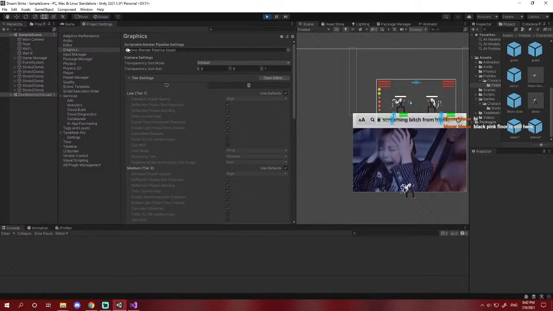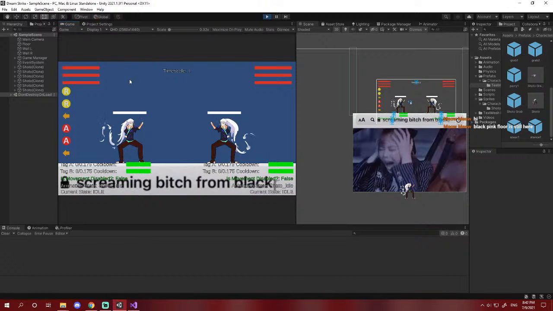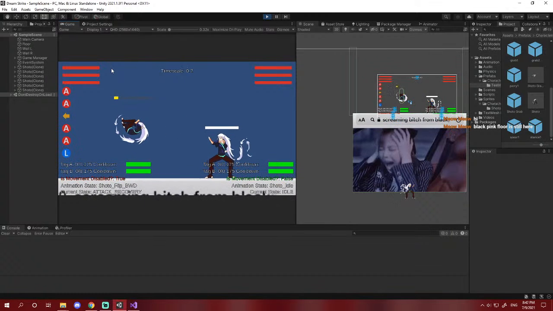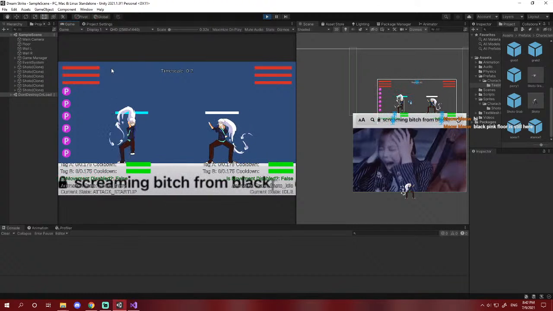There's some things here I want to check out a bit. Let's go to time. Why did I invent the time scale option if I'm not going to use it, no? It's the little thing in the queue that's stopping it from working. I'm gonna try and spam parry. Oh dear, oh dear. I might have to...